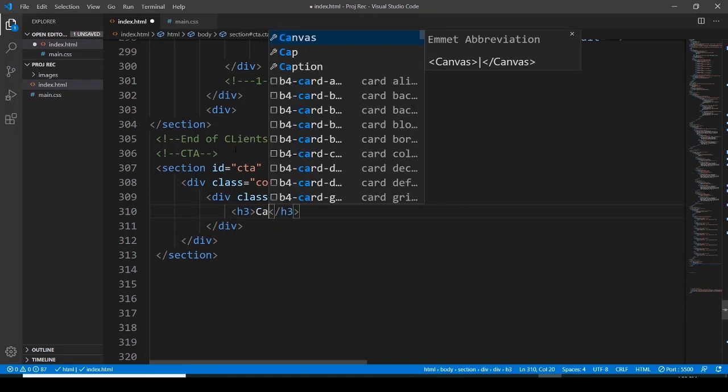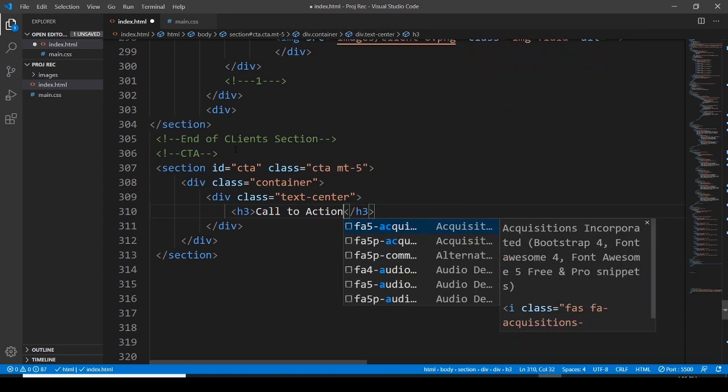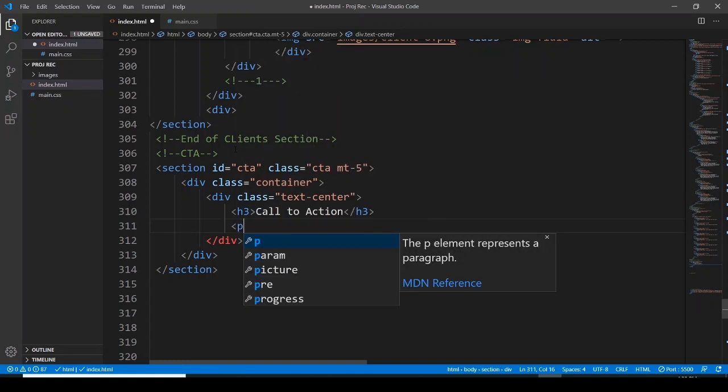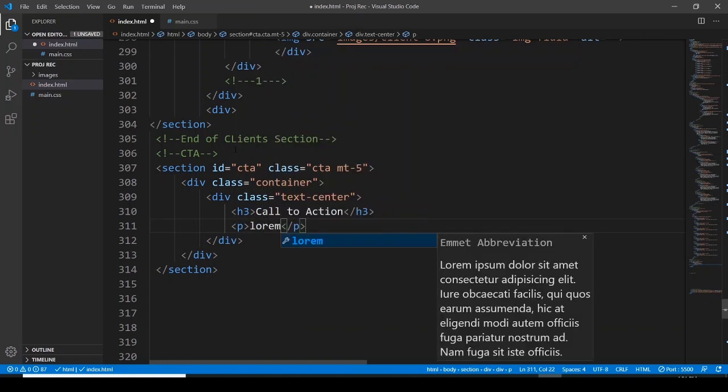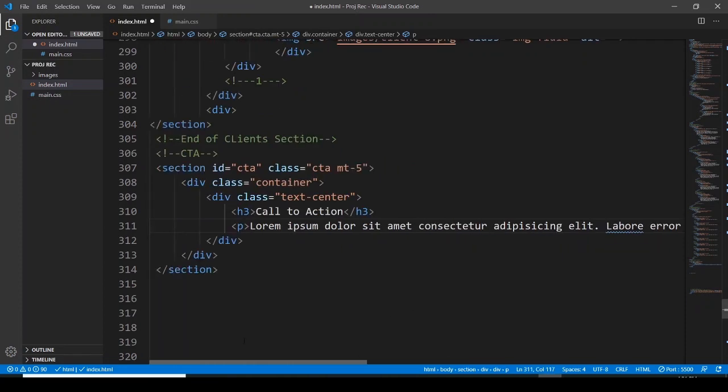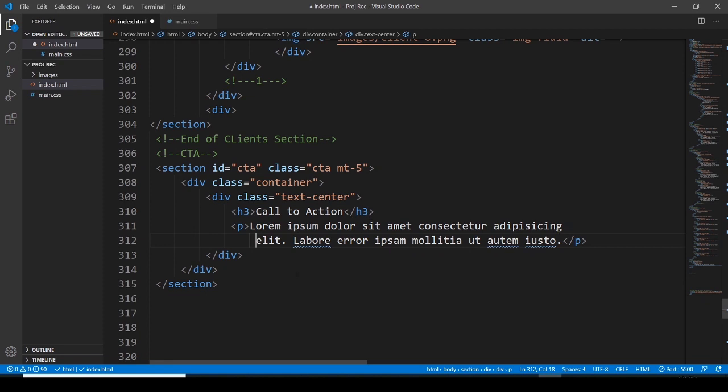This is going to be call to action, and this should be some subscription, some newsletter, or I don't know what you want to have here. So lorem 20, not 20 words would be too much for this, so 15 words are enough for me. And so let's go with these 15 words. And then after these 15 words,